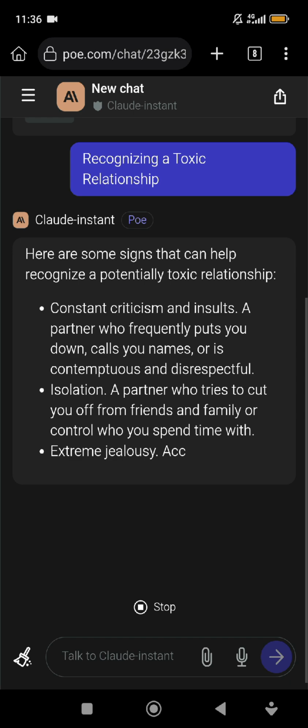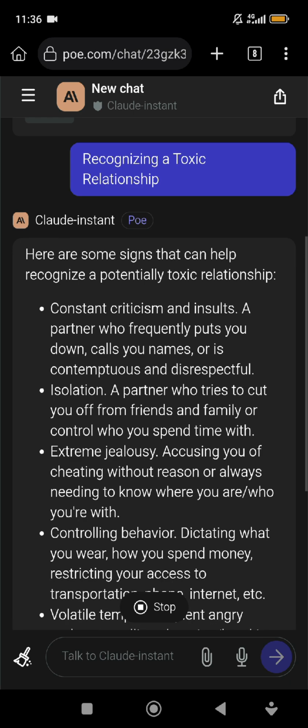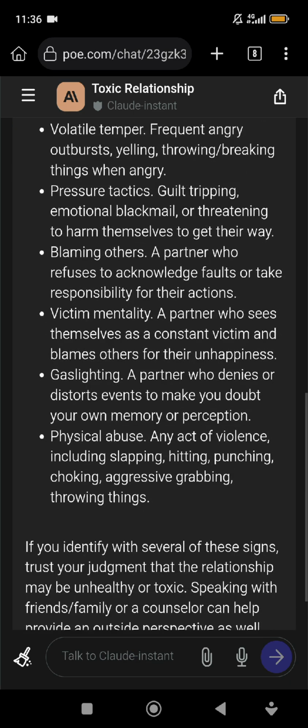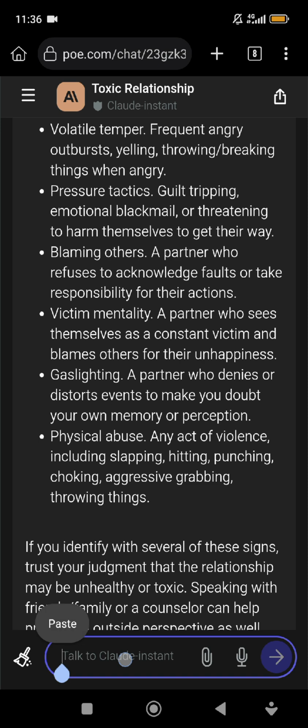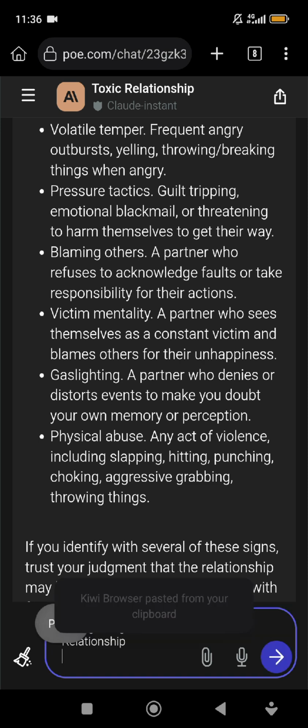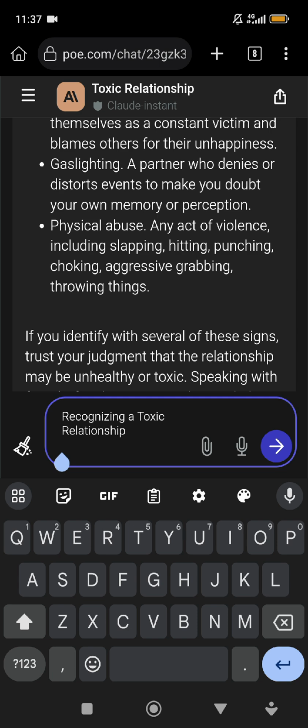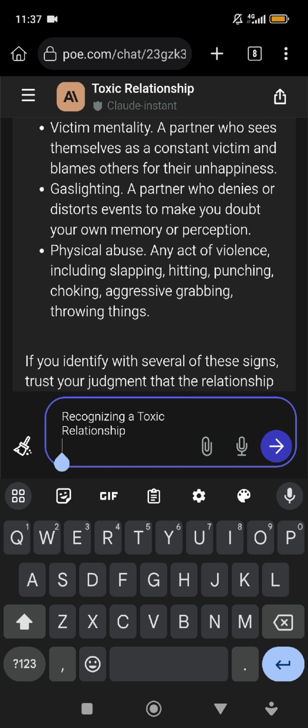I don't want it to start writing anything. Sometimes once you paste it, it starts writing. But just paste it. Even if it starts writing, this is what I want, because I will still add something here. Recognizing a toxic partner. Even though it has started writing something before, I will just ignore that one. I will repaste it here because I want to add something there. I'll bring the cursor in front of this place.